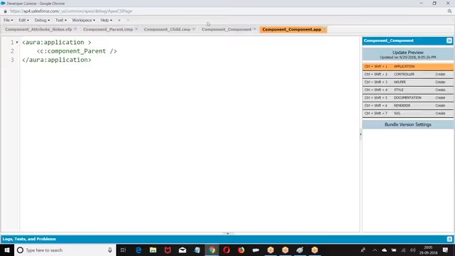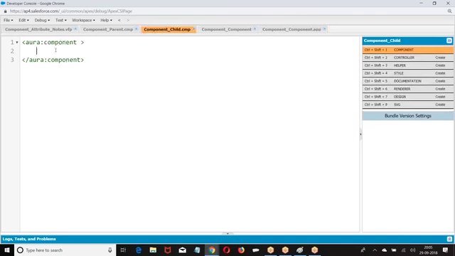Name Ravi. Next, in the child component, because it's an attribute, it should be in lowercase.